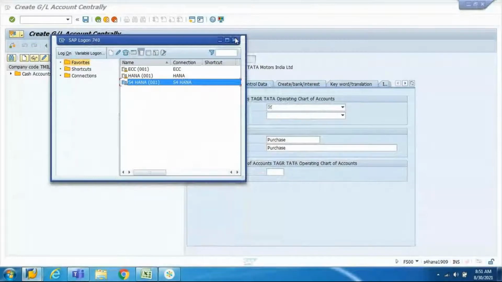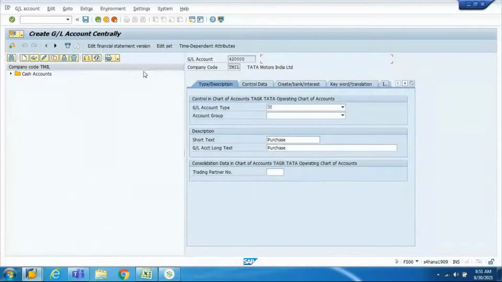Normally in ECC, what you will find here is edit financial statement version, correct? Edit set time dependent attributes. Along with this, you will find something called edit cost element on this screen in ECC. When we get the ECC system working, I will show you the difference clearly side by side.